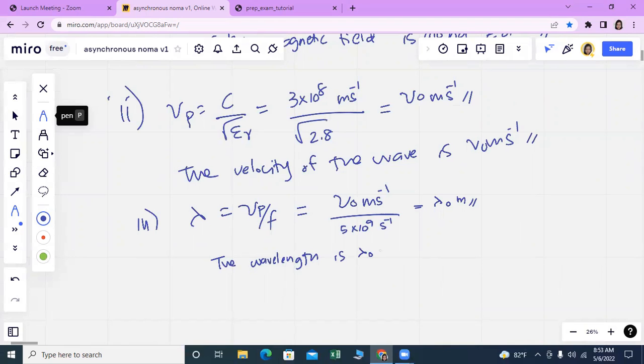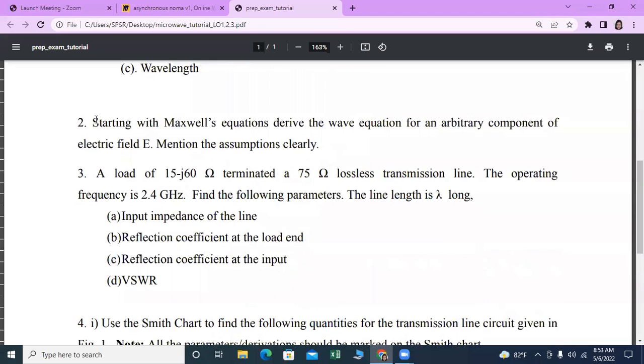The wavelength is lambda naught meters. And then the next question is starting with Maxwell's equations. Derive the wave equation for an arbitrary component of electric field E. Mention the assumptions clearly. So in our lecture, we learned about how to derive the wave equation for an arbitrary component of electric field, starting from Maxwell's equations. So basically, we will be using Faraday's law and Ampere's law to derive these equations, and also we used the